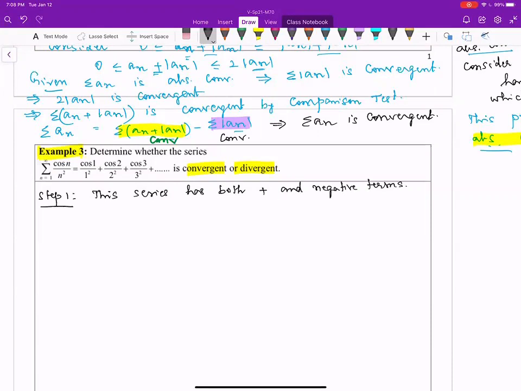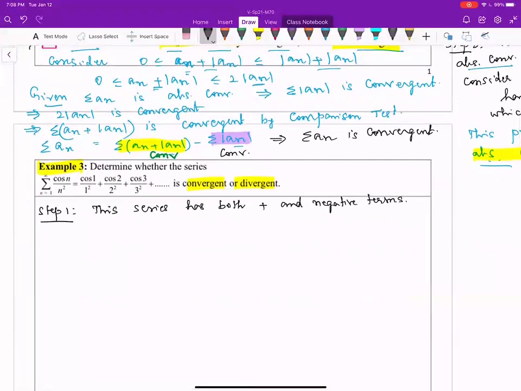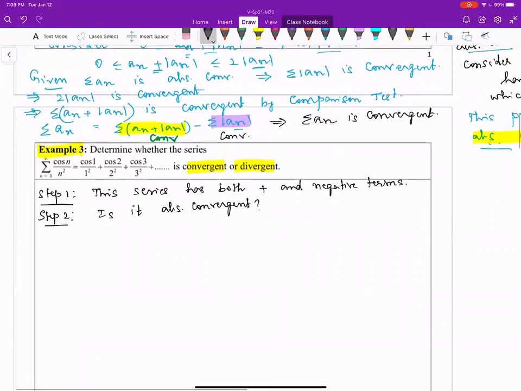So it makes sense to discuss its absolute convergence. In case it was absolutely convergent, then we can conclude that it is convergent by this theorem that we stated earlier. If a series is absolutely convergent, then it is convergent. So let's discuss its absolute convergence. Is it absolutely convergent? For that, we have to take absolute values of the given terms. Consider absolute a_n,